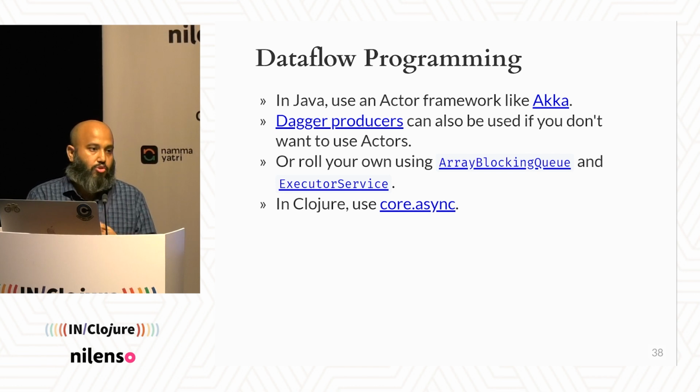In Clojure, just use core.async, it'll all work fine, right? It has a lot of functionality for all kinds of composition of these data flow channels. Like, if you want to join a bunch of channels together and do a fan out, fan in, you can. You can do tapping, you can selectively mute channels depending on the events they get. You can create very complex data flow programs, but they'll still be simpler than if you did it without data flow programming, right? So that's data flow programming.